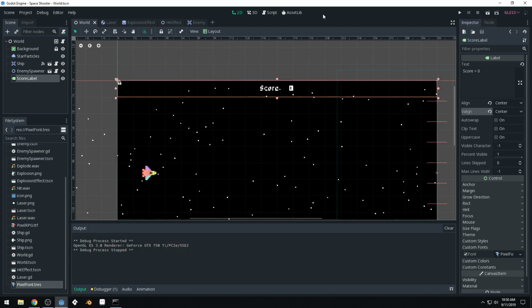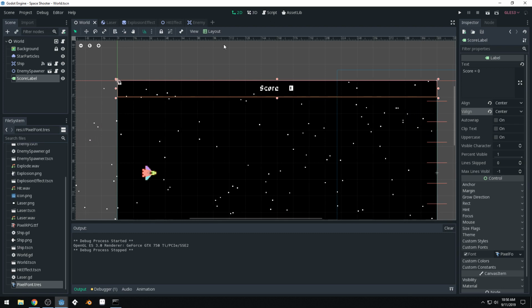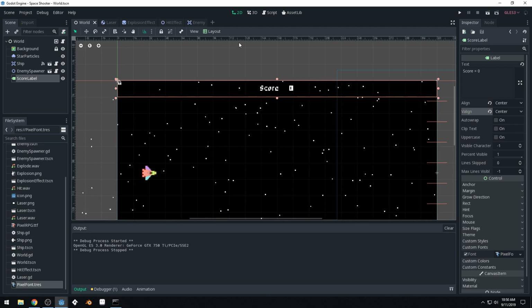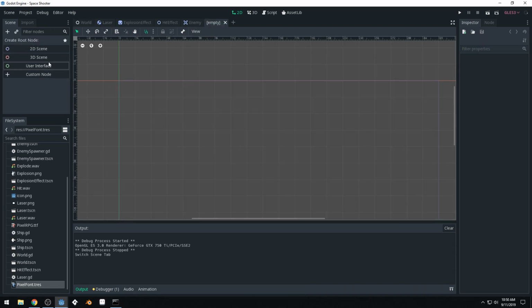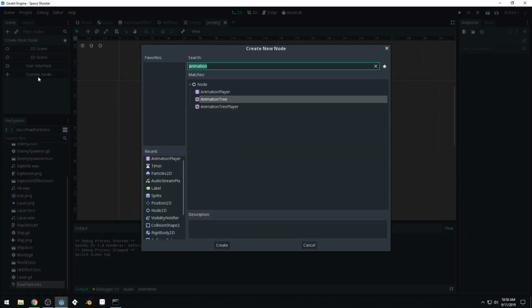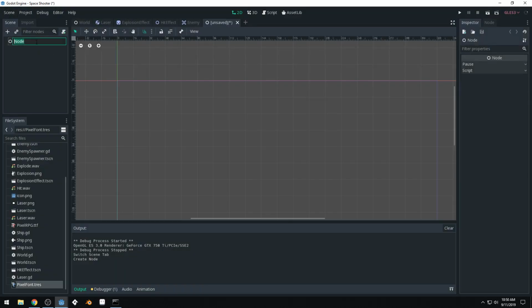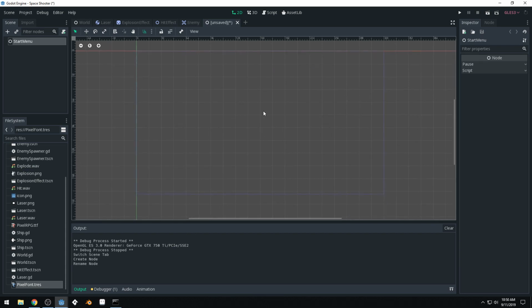Now that we have a default font, we can actually create a start menu. So we'll do that. We'll create a new scene. Let's do a custom node, just a base node again. Call it start menu. And so I'll be teaching you how to change between different scenes in Godot, and it's quite easy. For this start menu, we're going to create